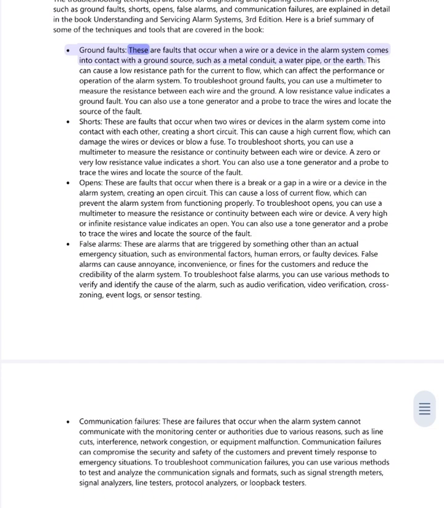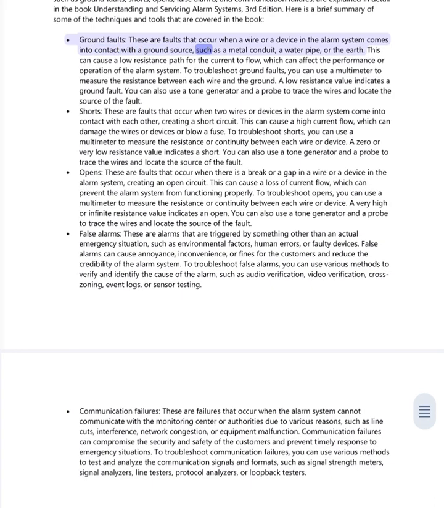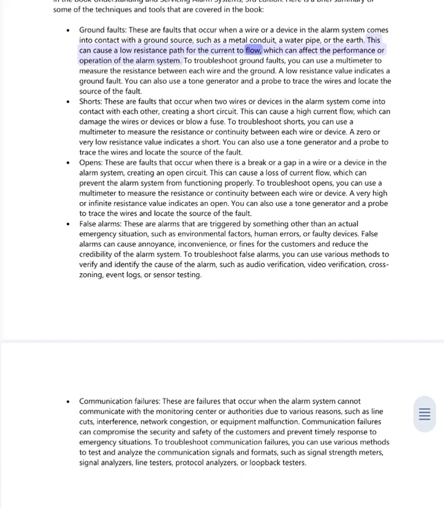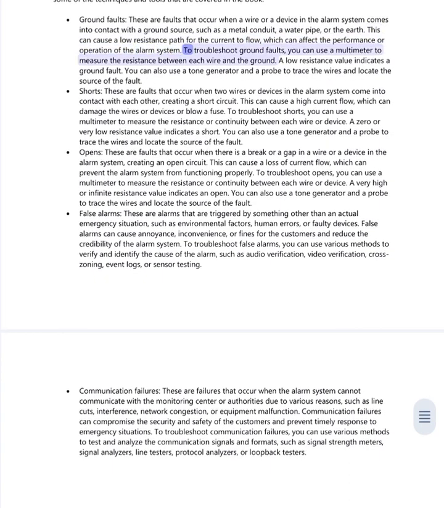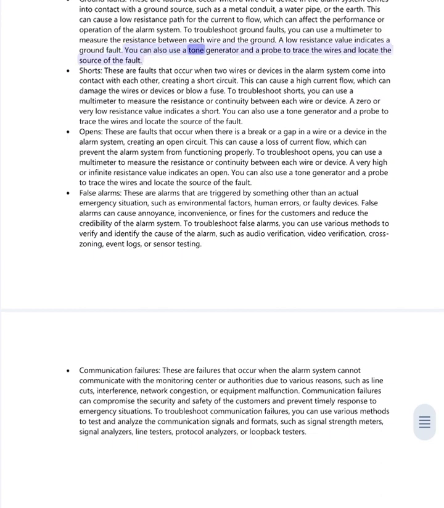Ground faults. These are faults that occur when a wire or a device in the alarm system comes into contact with a ground source, such as a metal conduit, a water pipe, or the earth. This can cause a low resistance path for the current to flow, which can affect the performance or operation of the alarm system. To troubleshoot ground faults, you can use a multimeter to measure the resistance between each wire and the ground. A low resistance value indicates a ground fault. You can also use a tone generator and a probe to trace the wires and locate the source of the